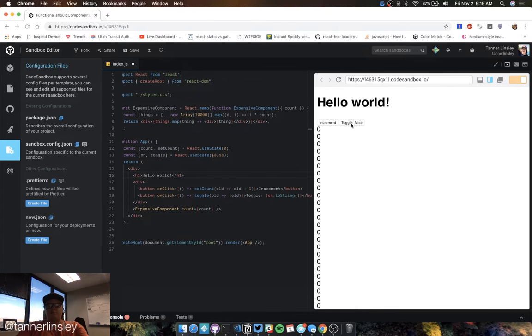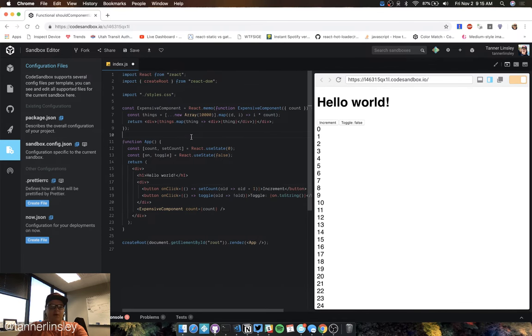So you can see as we're toggling this toggle right here, this expensive component is not trying to update because none of its props are actually changing. So the DOM is very responsive because this work is not being done unless count actually changes. And the second that we increment, it's going to change. That's really cool,